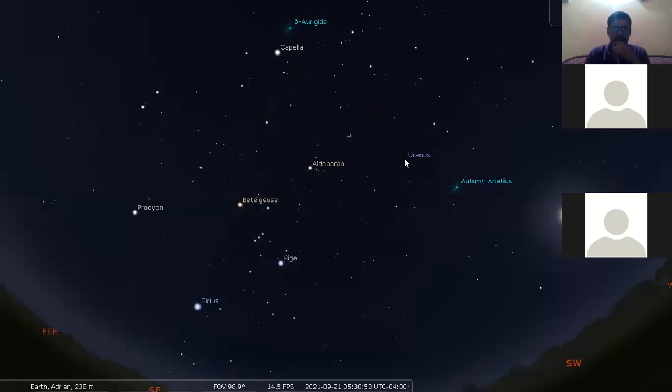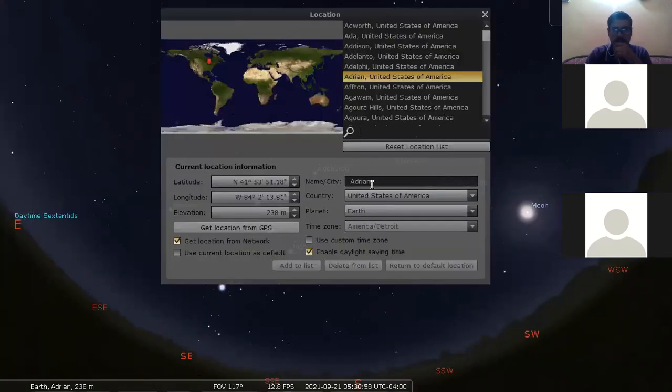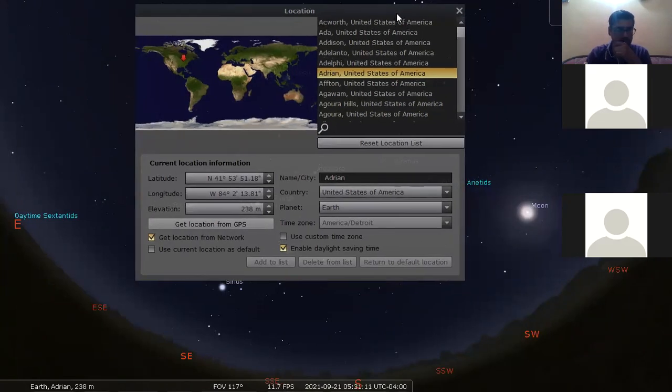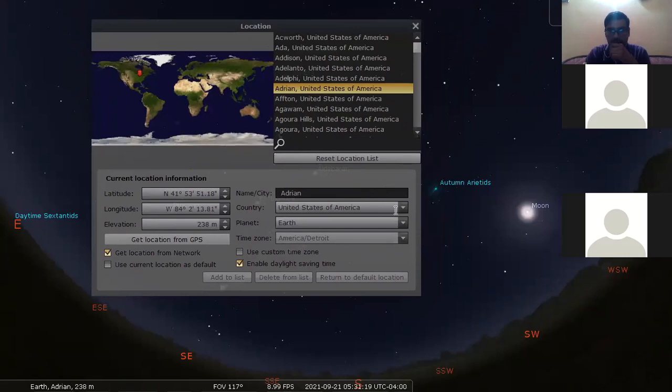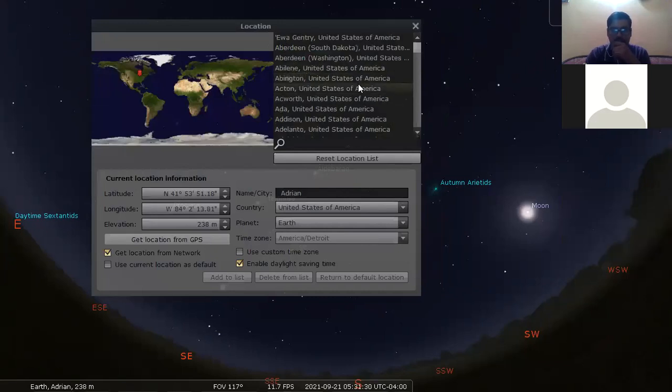Yes, it's basically the stars. I have changed the location on this screen to the United States, because where I am now, in Pakistan, it's 2:31 p.m. in the daytime, so I can't show my present location. That's why I have changed the location to a country where it is night right now.